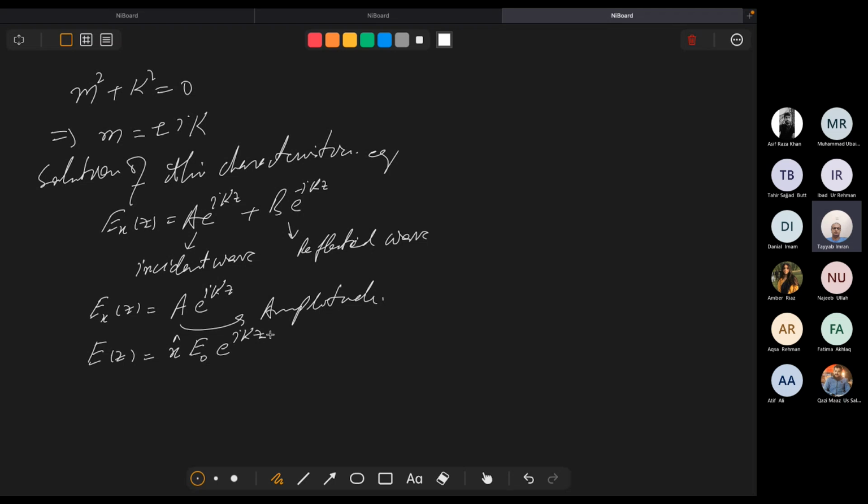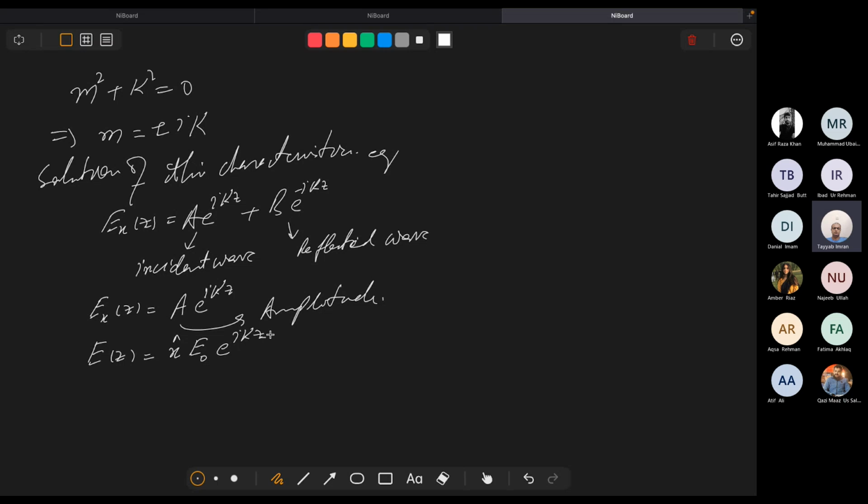E naught is basically also showing the amplitude of the electric field at the initial stage. ठीक है, and this equation is only z dependent. ठीक है, सिर्फ z dependent है जिस तरफ आपकी propagation हो रही है।